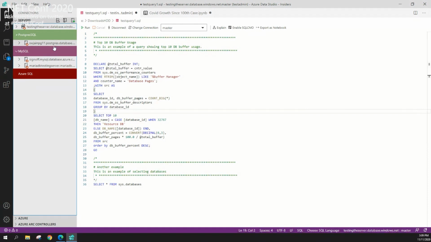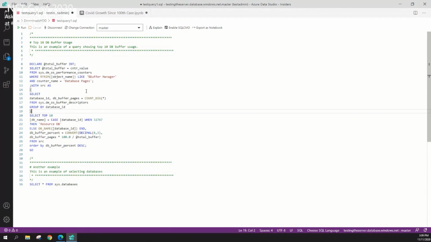They need the ability to connect to things. They need the ability to manage things and organize their connections. And then more importantly, they need the ability to write these long SQL queries, comment them, and then execute them as well. So, some of the limitations with this current experience is that, let's say that you're